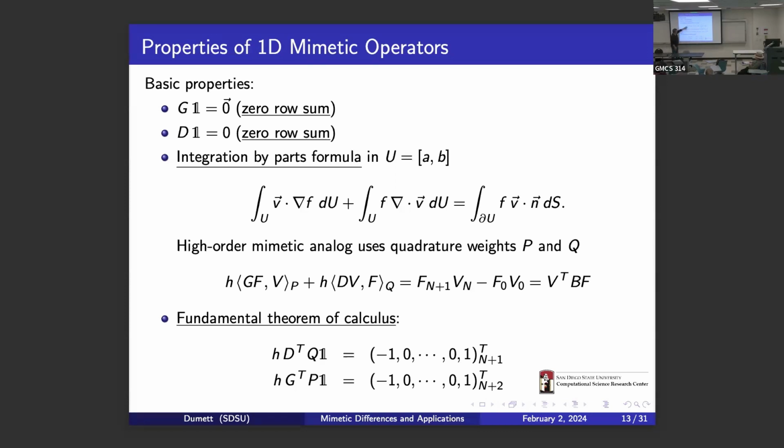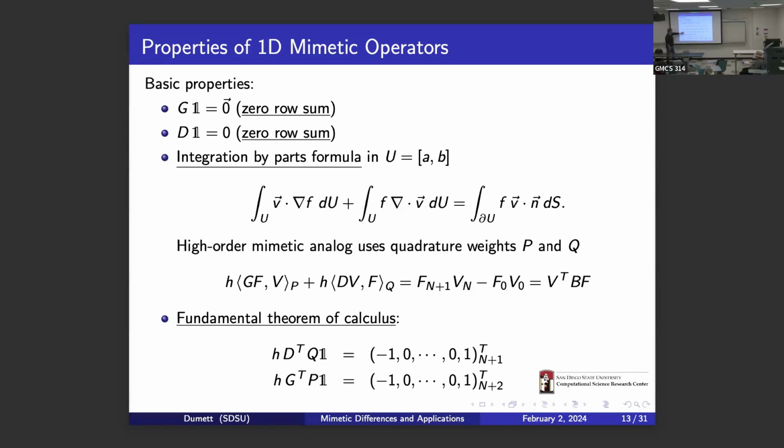And so I convert this integral into an inner product. Like if this is the gradient of f, this is the discrete version of that. And this indicates an inner product weighted by P, which is a diagonal matrix. And h comes from the base of the rectangle that approximates the curve. And then we have the divergence of B, f. And I get this, the boundary, which has in the interval only two boundaries, is the product of this in one direction, in one extreme, and the other one.